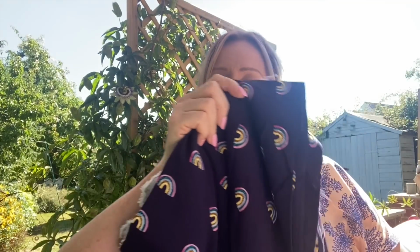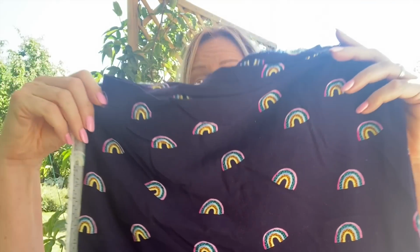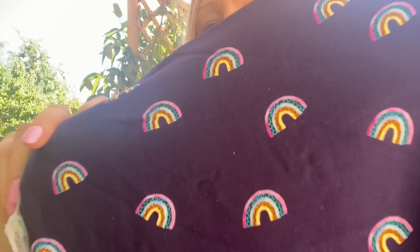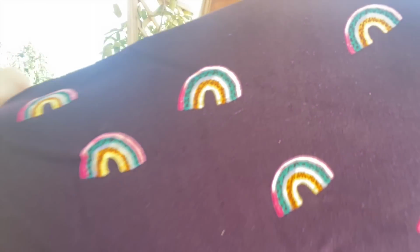There we go. So this is it here, and it is absolutely gorgeous. It's a beautiful viscose in navy with these gorgeous rainbows on, and the little rainbows, if you look, have like little leopard print in them. It's really beautiful. So we've each got 3 meters of this, and while we were chatting we said, I'm really